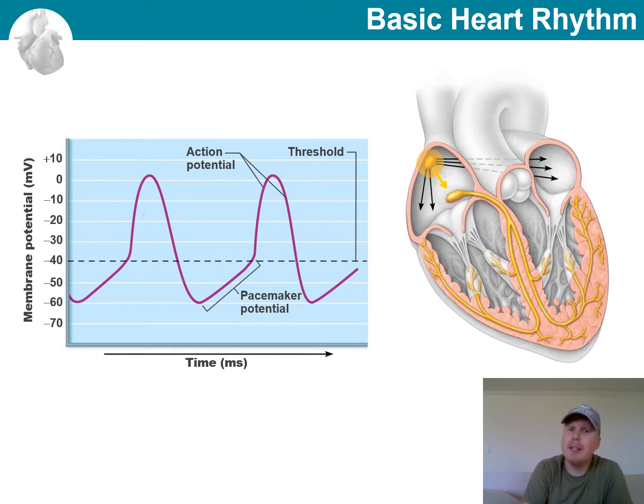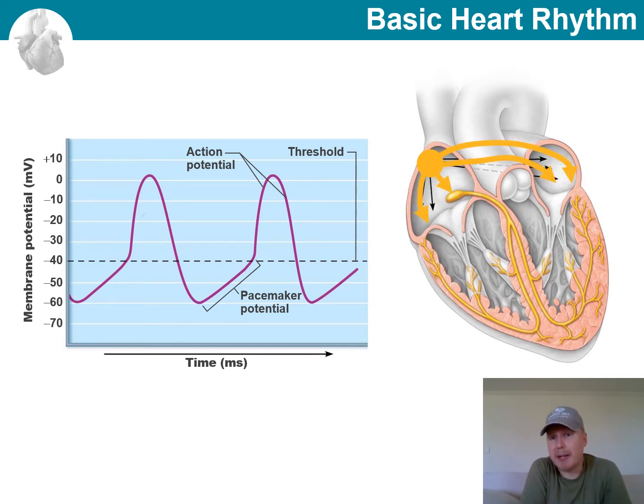So the sinoatrial node, known as SA node, is the pacemaker of the heart. It is located in the right atrial wall, and it depolarizes faster than the rest of the myocardium, generating something known as sinus rhythm. This is about 75 impulses per minute. And these impulses then